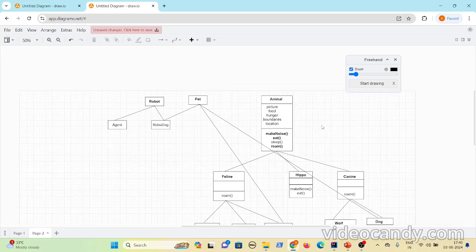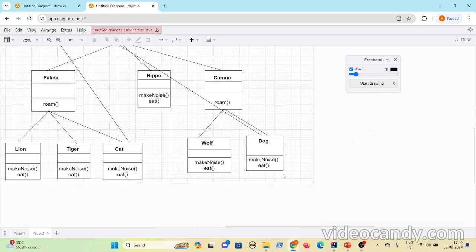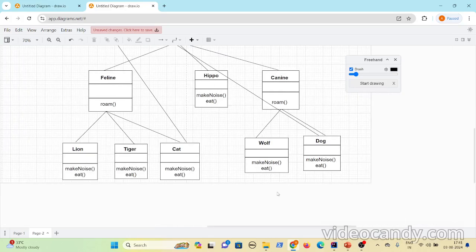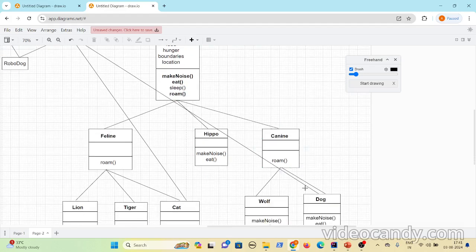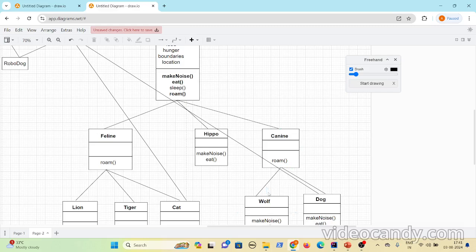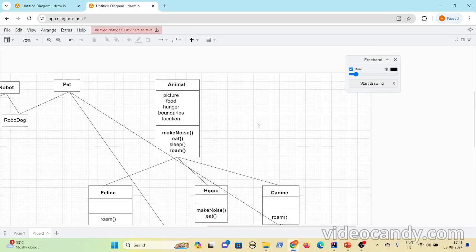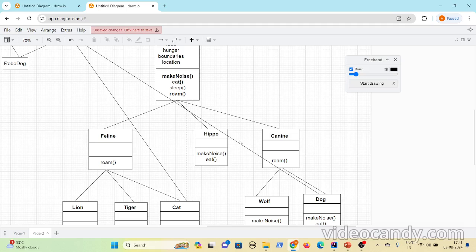If you think about inheritance, the subclasses can extend only the classes that are present in the inheritance tree. Let's say dog extends canine. Canine is present in the inheritance tree. Hippo extends animal. Animal is present in the inheritance tree. So you will be able to inherit only what is present in the inheritance tree.